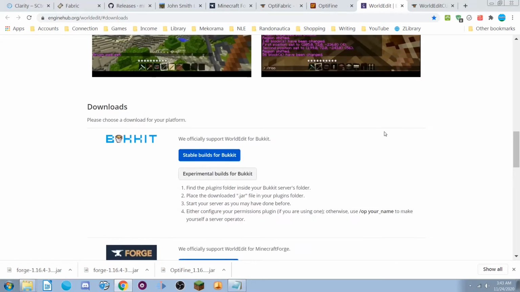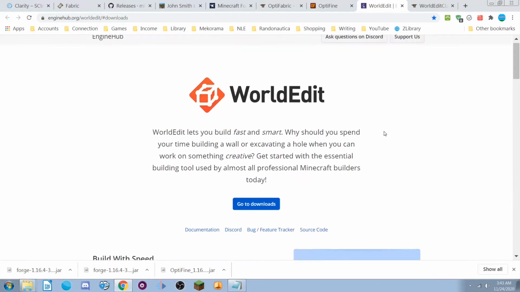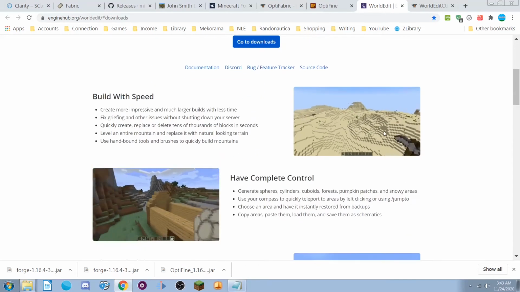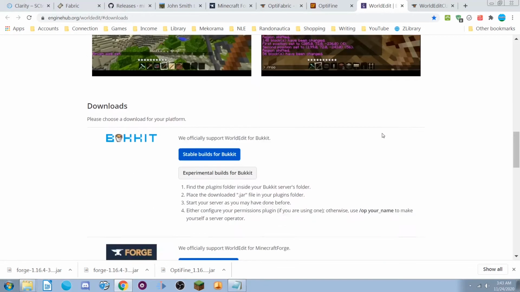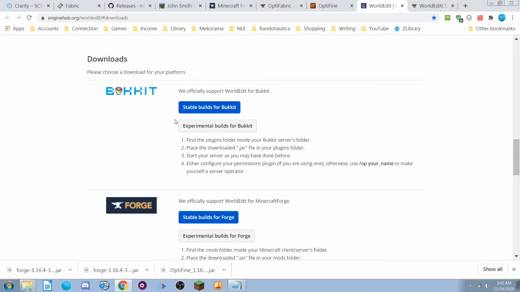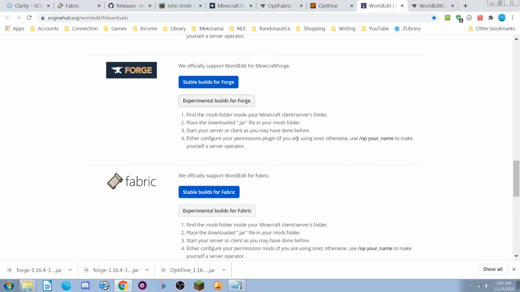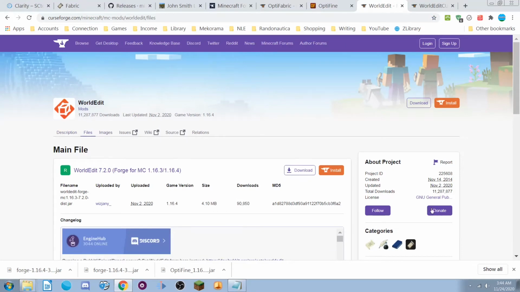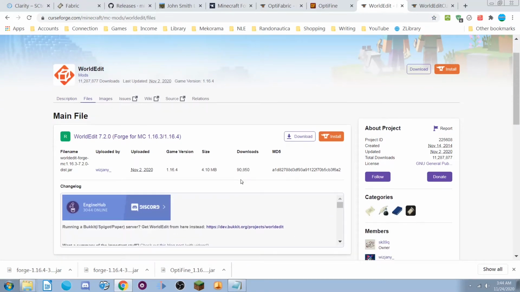So this is WorldEdit itself. Okay, so this is the WorldEdit page itself. And we have for Bukkit, which I don't know anything about, we've got Forge and we've got Fabric. So go for the stable builds for Forge and grab WorldEdit. And you can donate here. Good. So there's a donate link right here you can use if you have the funds and are willing to